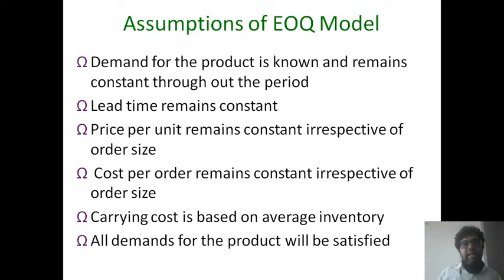The second is that lead time remains constant. Now I want to explain what lead time means. Lead time basically means the time between when we place the order and when we get the goods. The duration between the order placed and when we receive the goods is known as lead time. Every time, lead time should be constant. Like if we place an order and the goods are given to us on the third day, lead time should remain constant, meaning at every order we will receive the goods on the third day. So this is again one of the assumptions of economic ordering quantity.